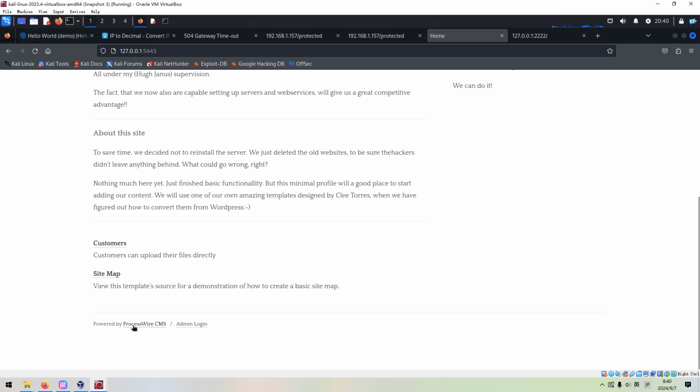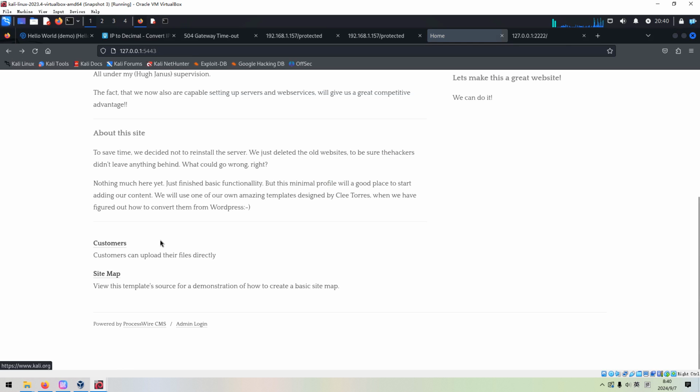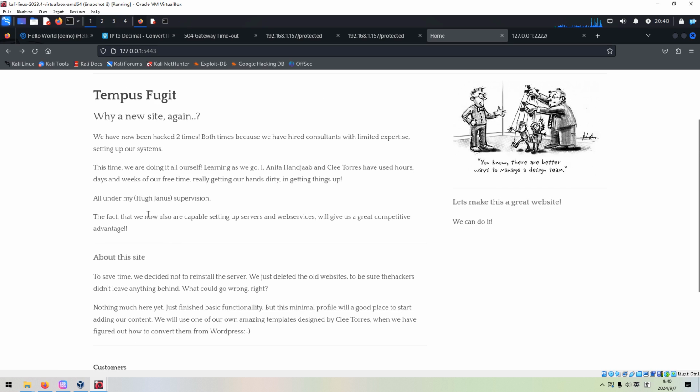As you can see, here at the bottom, you can see the CMS information, ProcessWire CMS, and also the admin login. Sorry, I need to go back. Here, there's some very important information, all under my supervision. So from this message, we can tell that maybe this user is administrator.